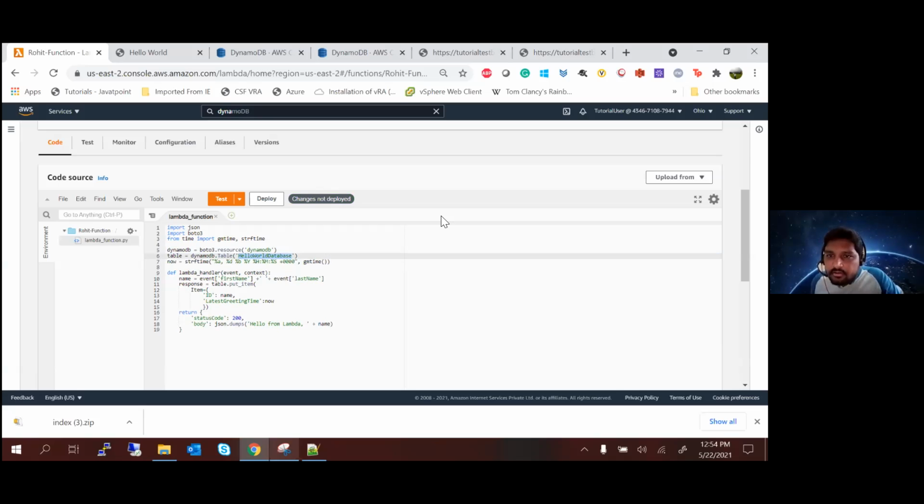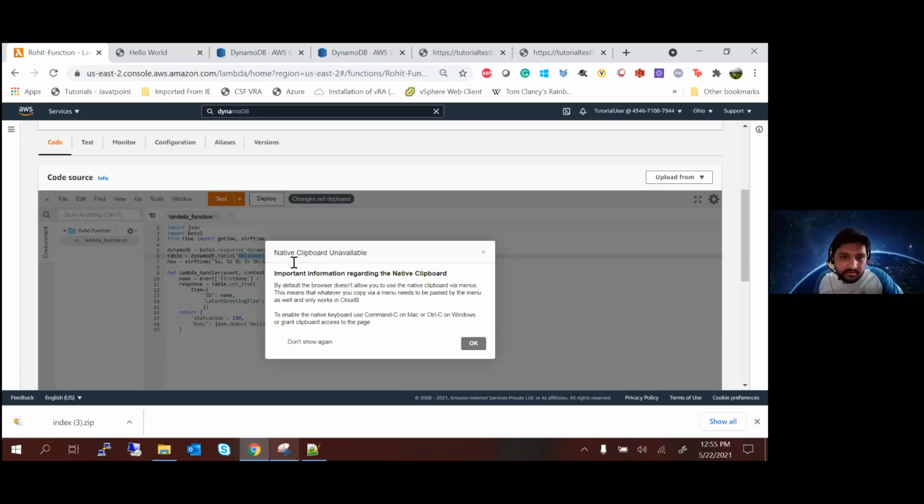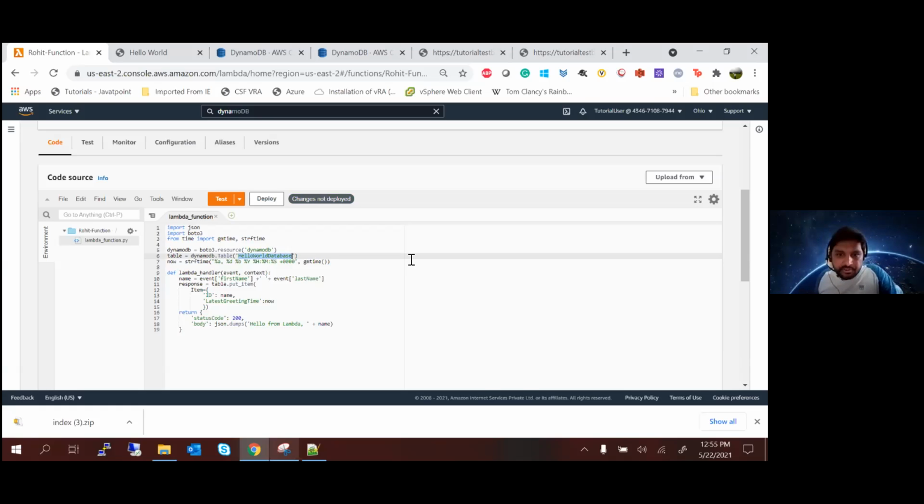No, you don't have to create the function again. Just open your function and here paste the ARN that you copied. Just do a Control V and it should paste this entire thing. Nisarga, if you remember the name of your table, you can just come to the function and write the name of the table. So this is something that you should see, right? Just select everything until the name of your table.